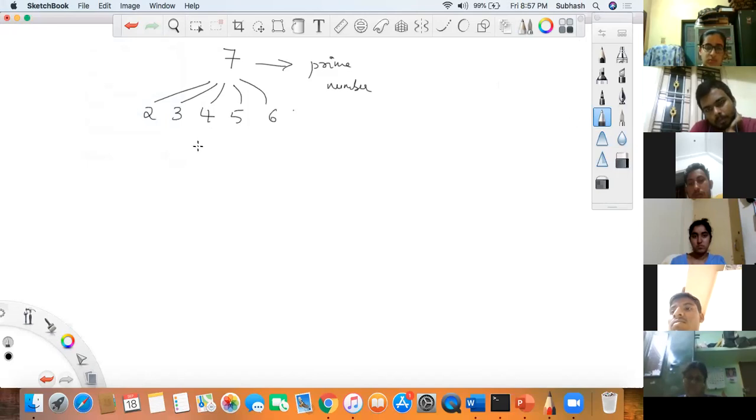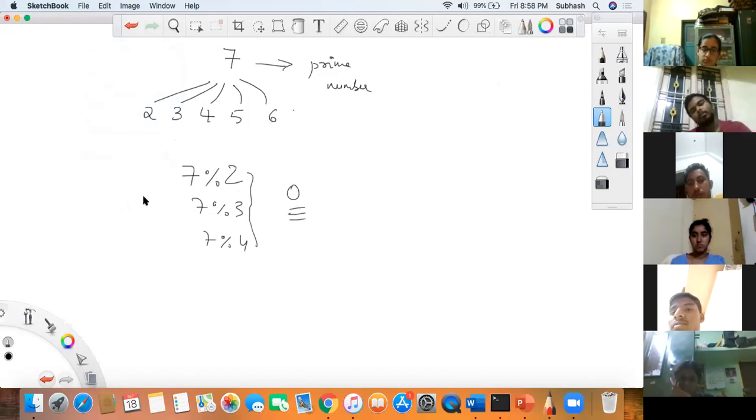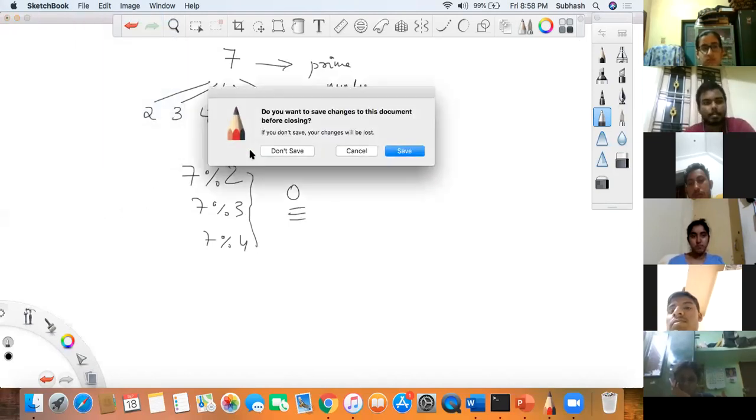If you divide the given number, 7, by 2, or by 3, or by 4, and the remainder is equal to 0, it means it is dividing exactly. Correct? Yes or no? I'll give you an example.